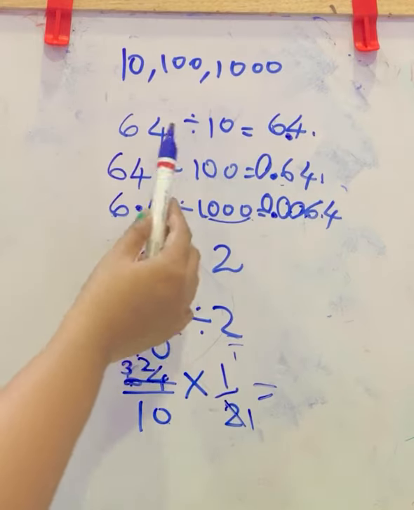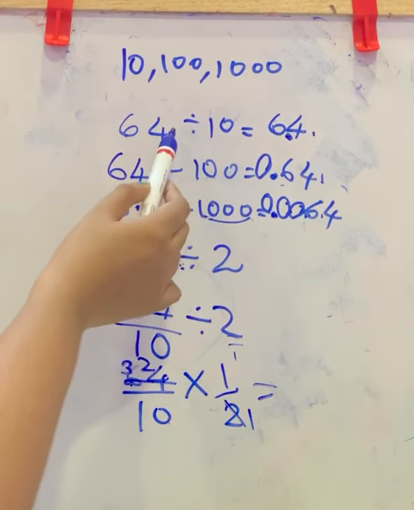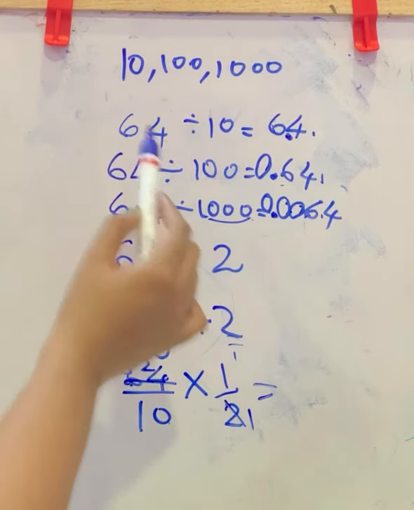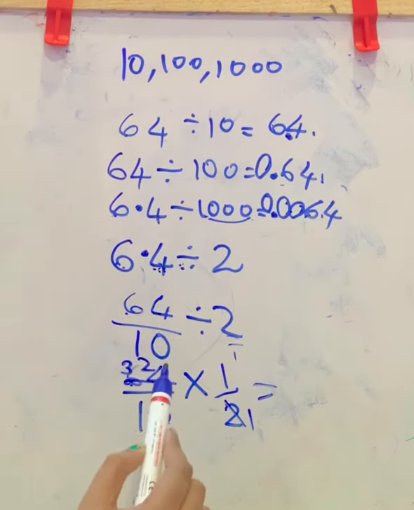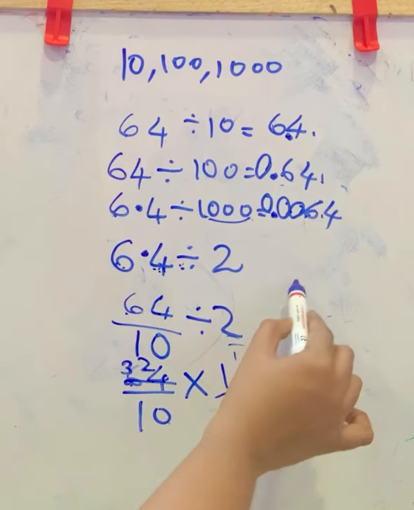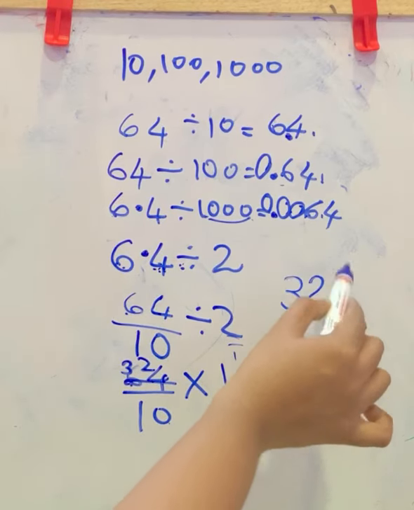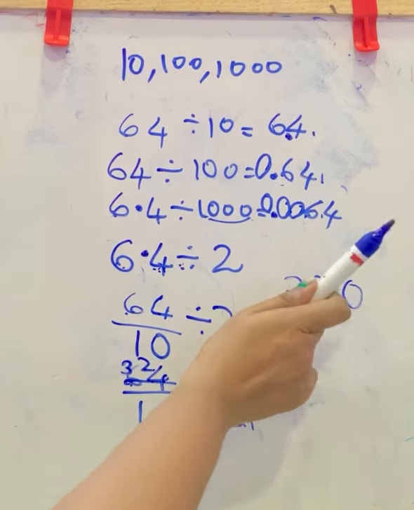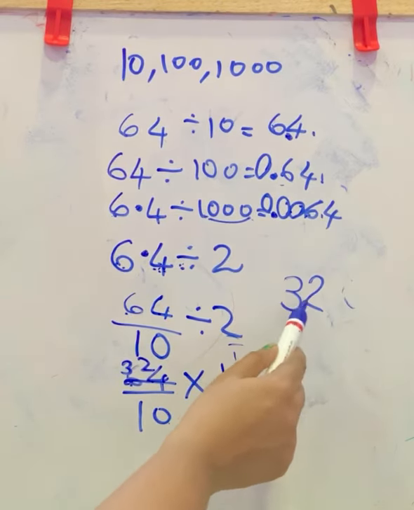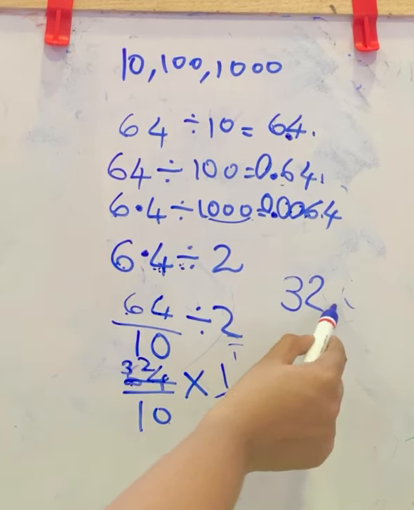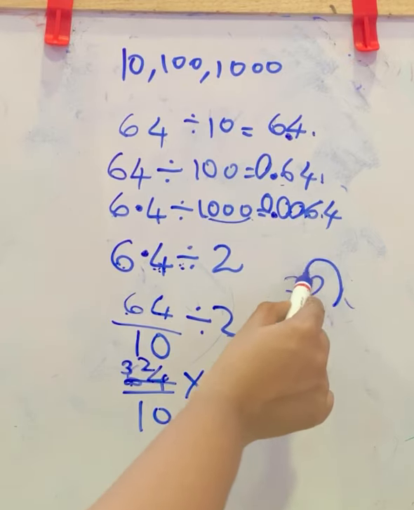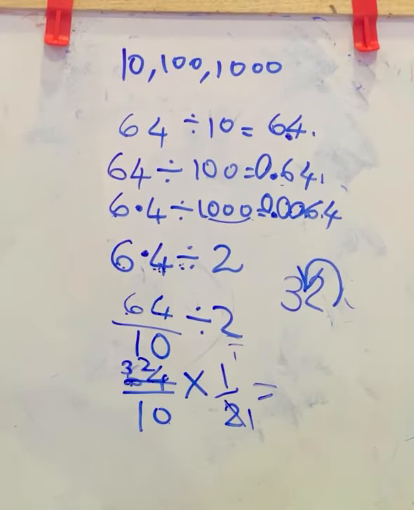32 division 10. We know a number division 10 means the decimal point moves to left side. So here 32 simply means 32 point. Decimal will be here. 32.0. That is 32. Now this 32 division 10 means the decimal is here actually. So division 10 means it moves to one place left side. That is, here there is only one zero in 10. So one place to left side. The decimal reaches here in between 3 and 2. That is 3.2 is the answer.